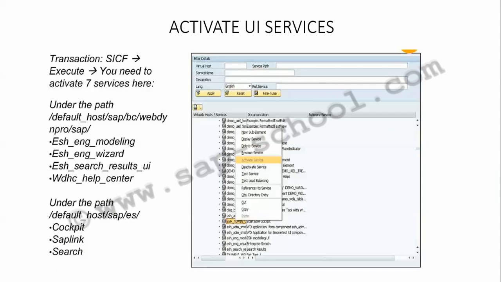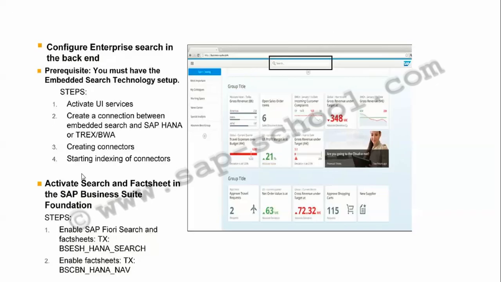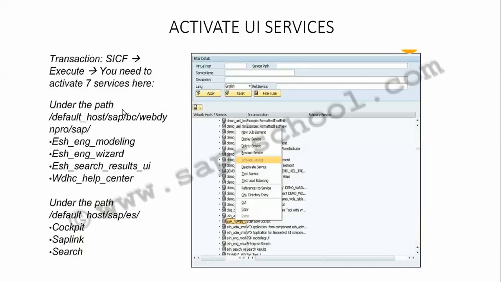So we have to use the transaction SICF. After that, we have to activate the following 7 services, and once these services are activated, we are done with activating the UI services for my search models.